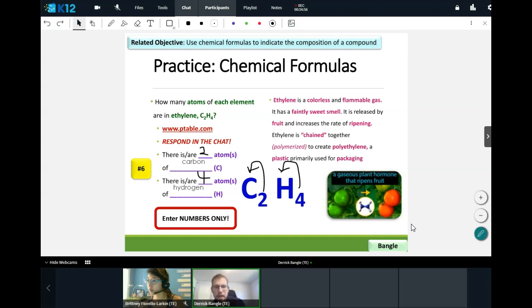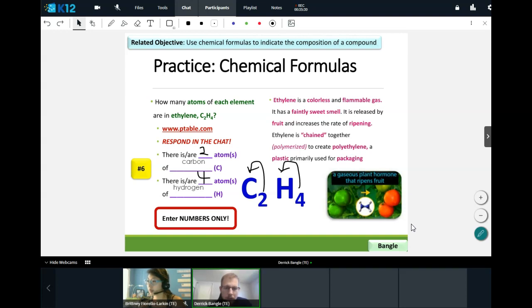So ethylene is a colorless and flammable gas. It has a faintly sweet smell and is released by fruit and increases the rate of ripening. However, ethylene has a very important use in our daily lives. It is chained together in a process called polymerization and is used to create something called polyethylene. If you want to sneak peek into organic chemistry, poly just means many. So it is a chain of many ethylene